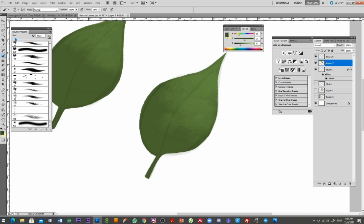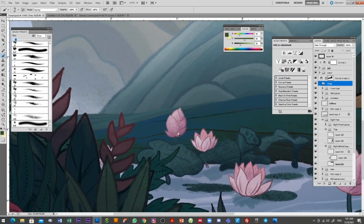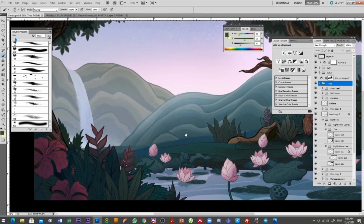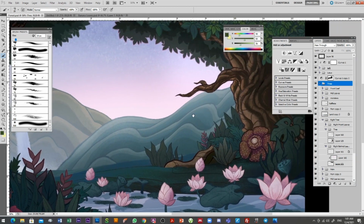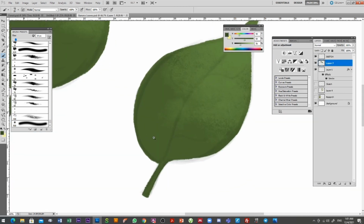Now, if you look at this painting that he has done, all of the inanimate objects, or rather non-character objects, plants and environments, are all with outline. Our characters do not have outlines, which we will show you in a later video, not in this video. And we're going to go around the leaf now. Hope it's dark enough. Okay, so we're going to go around the leaf,